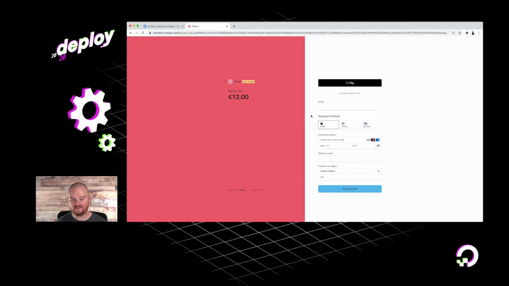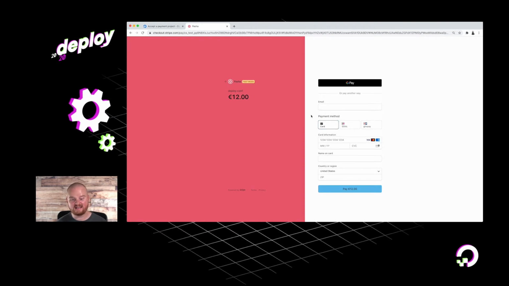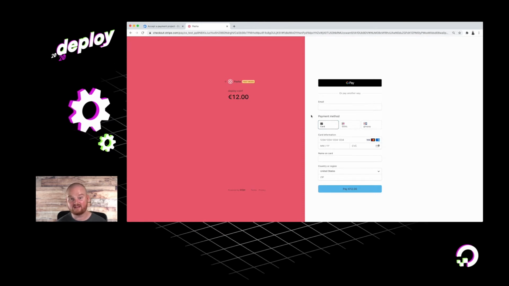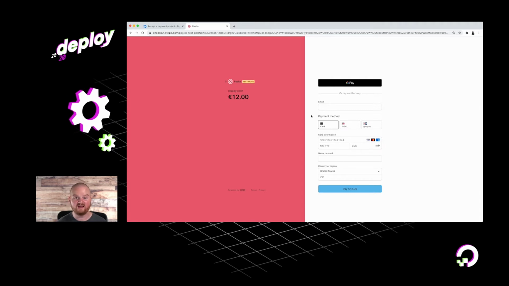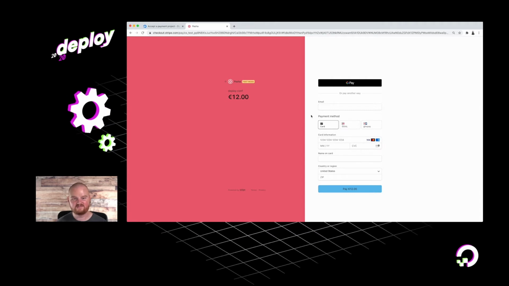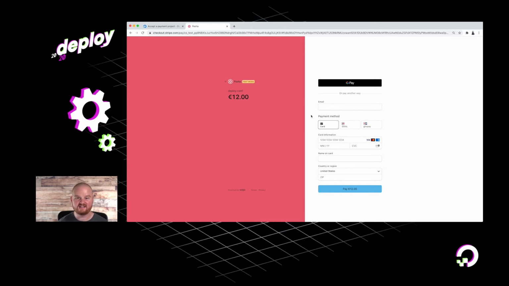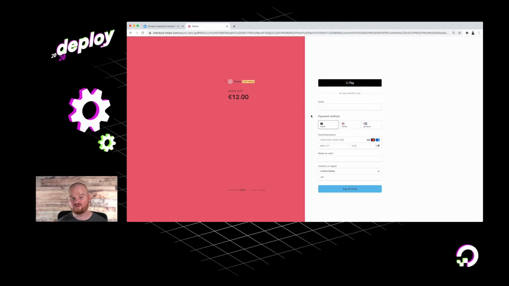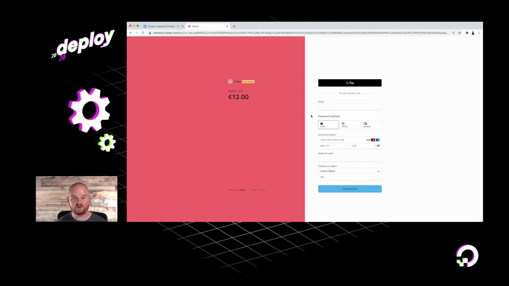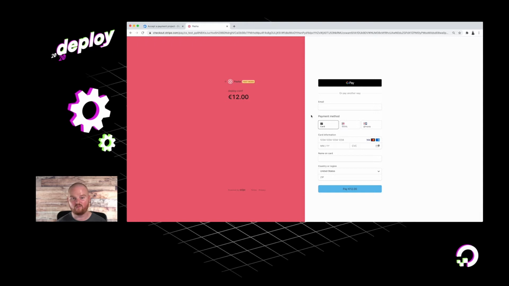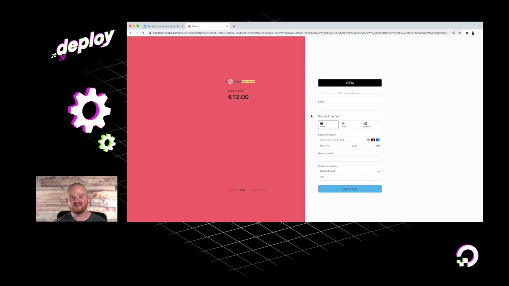Pretty nice that we had to make that one small change, and now we can support more payment method types for our customers to pay in many different ways. One thing to note about iDEAL and Giropay is that they require the currency of the price we're using to be set to euros. There's now several different payment types that are supported by Checkout, each of which are worth investigating, as giving your customers more ways to pay is nice.